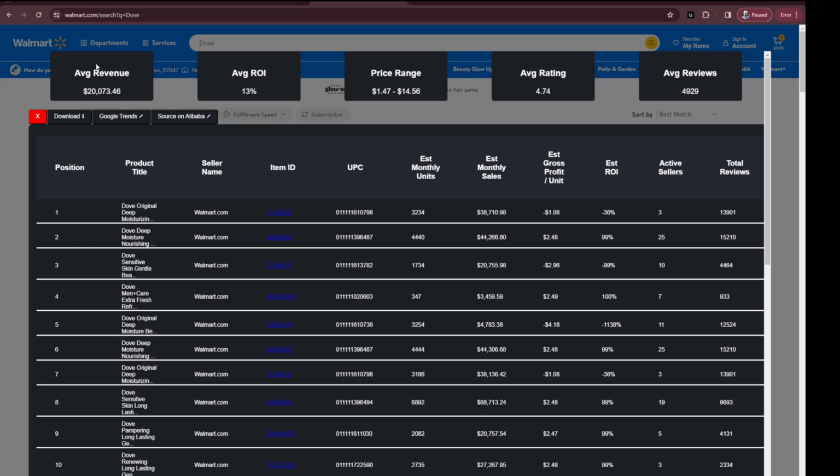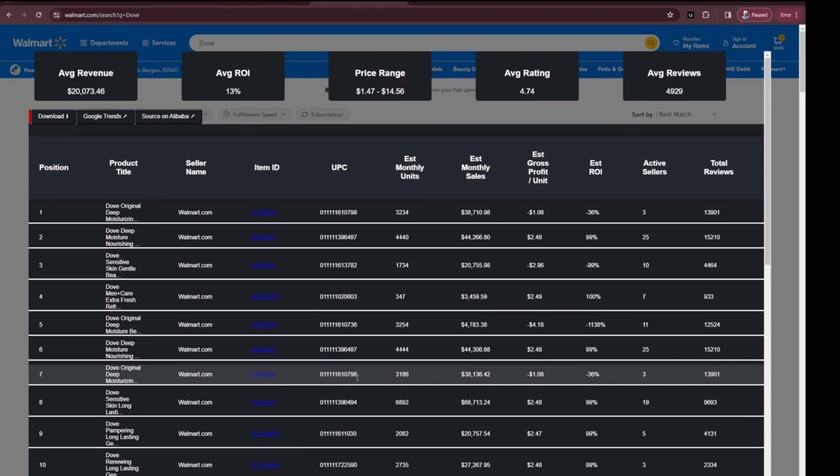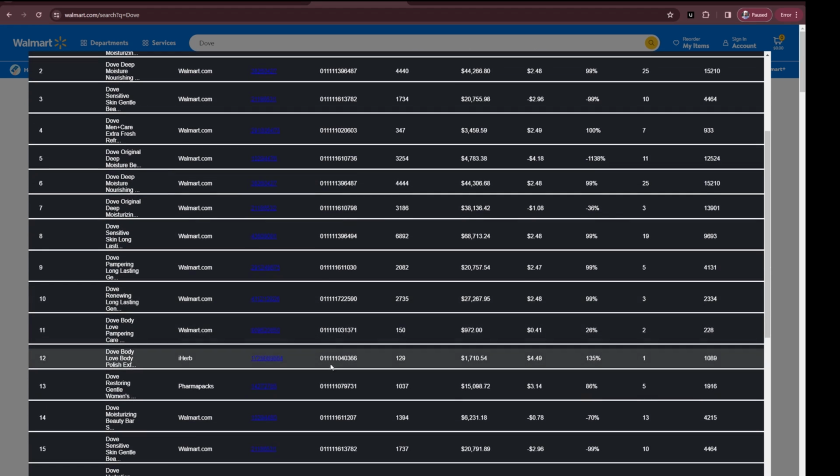The first thing you see here is the average revenue for the brand, the average ROI, the price range of the products, the average rating for the products, and the average reviews. If you click on the item ID, it'll take you straight to the product listing, and yeah, you have a ton of valuable data that you can use for sourcing all of these products. Something that I used the search results feature for when I was starting my business is just going through the brand that I work closely with and prioritizing the listings that I can